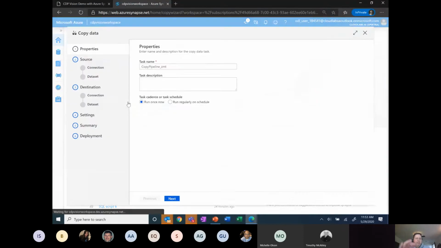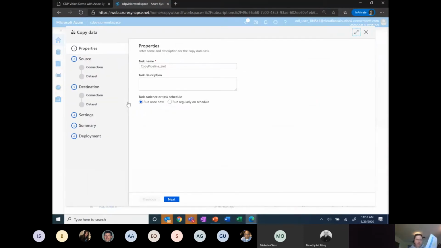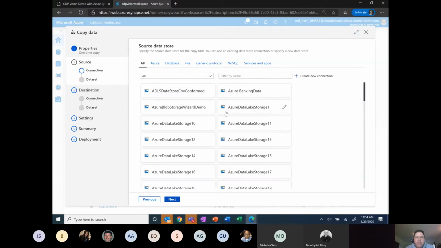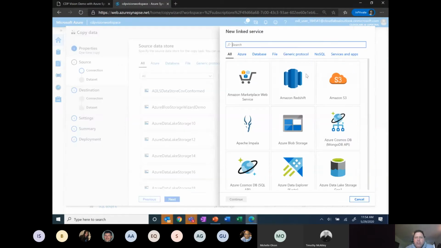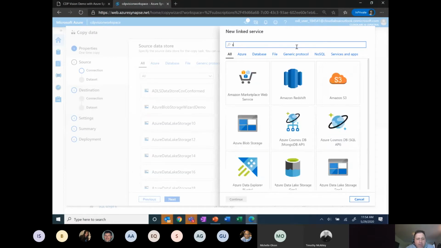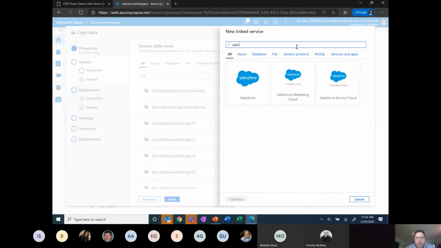I'm going to start simply with ingest. And for some people in the audience, what I'm about to go through may look familiar if you work with Azure Data Factory. And that technology has definitely been built into Synapse. Great technology. So with that, I'm talking about copying data. And typically, let's create a new connection. I can pull data from a variety of sources. SAP, Salesforce,